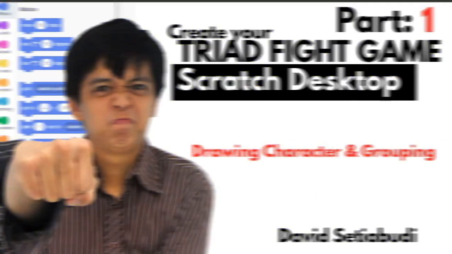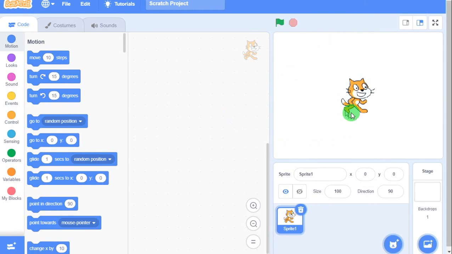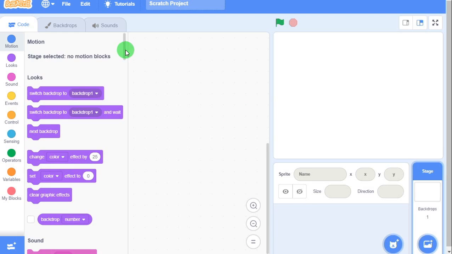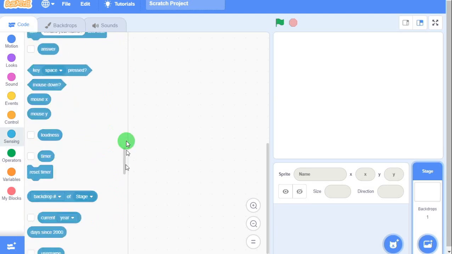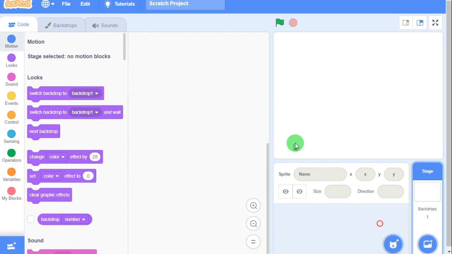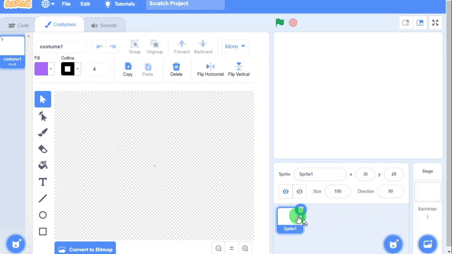Let's go! So you see, the first one is the scratch cat. It's always showing there, but I'm going to remove it. And this is the code side, and this is the sprite side, and I'm going to create a sprite by drawing the matchstick man first. So this is the first sprite. I'm going to rename it after me, David Setiabudi. This is me,